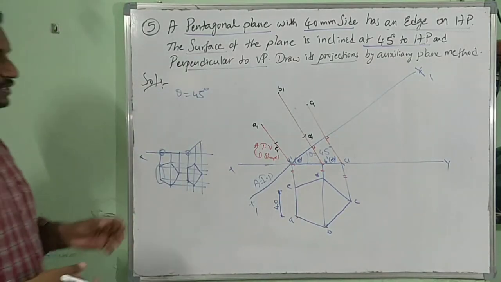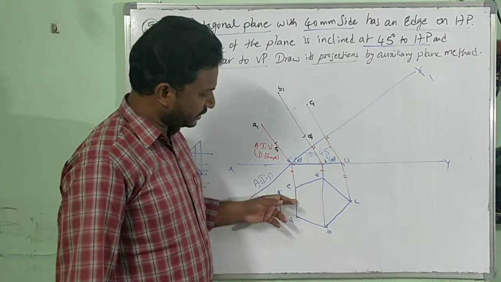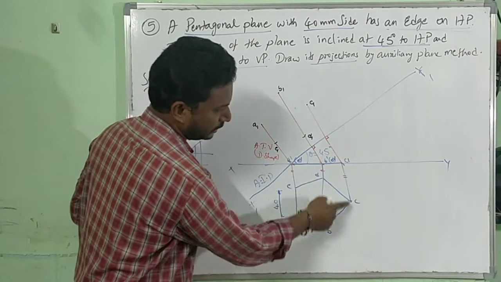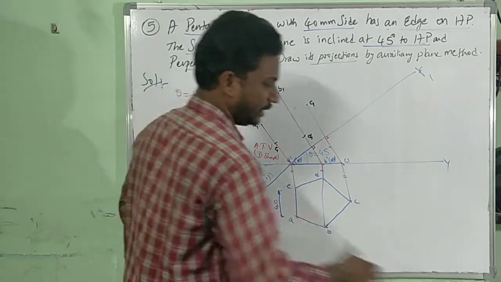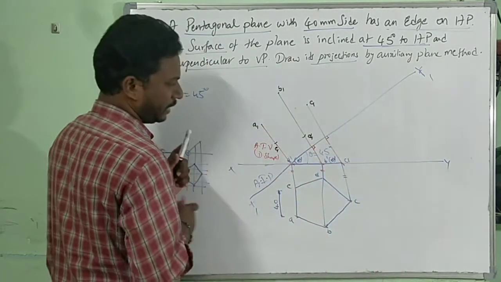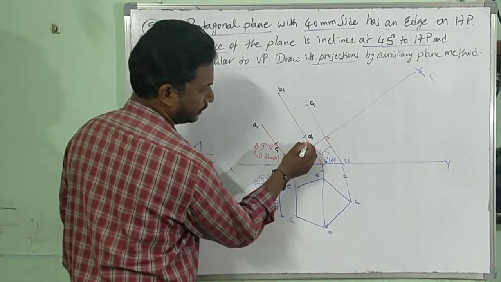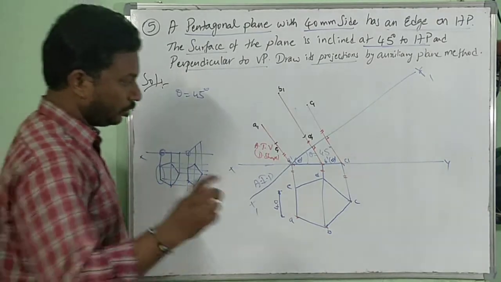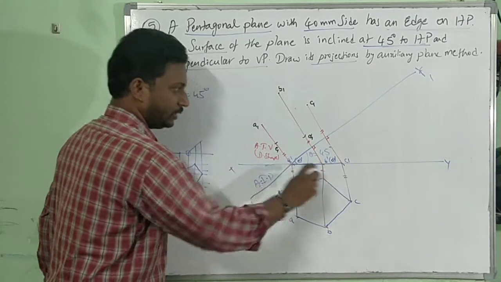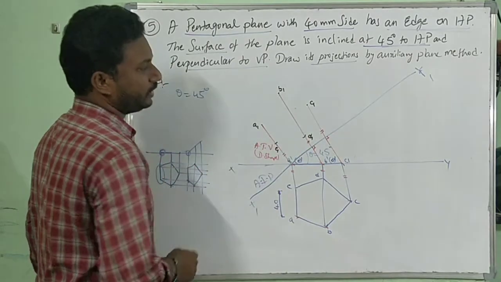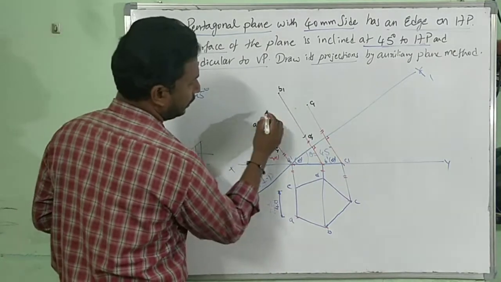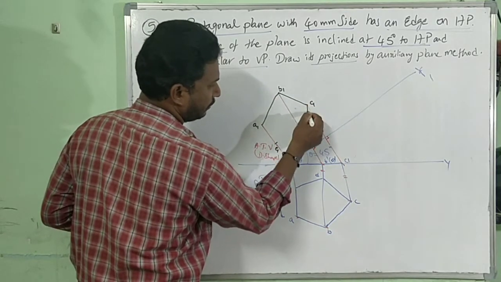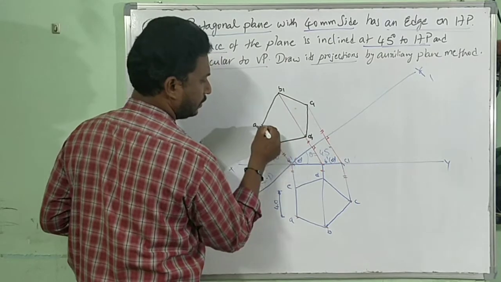Hope you understand. Same, right? It's not this distance. This distance is from here to here. I marked it. This distance is from here to here. That thing is to be extended here. This length, and this length. Don't think this is from here to here only. That means even though if you draw, you will get only 3 points. Now finally, A1, B1, C1, D1, E1.